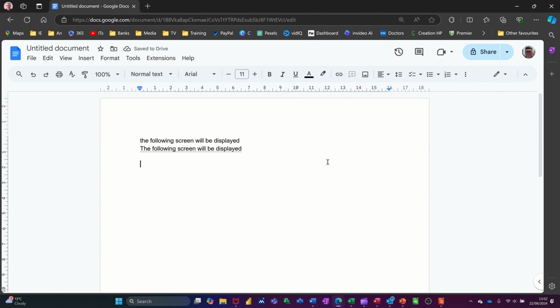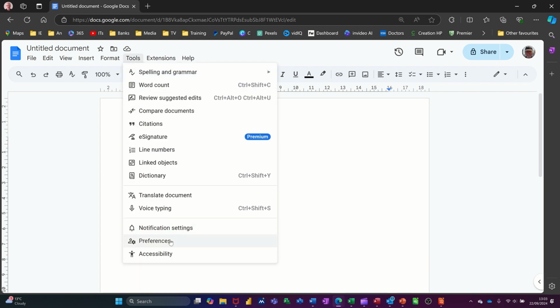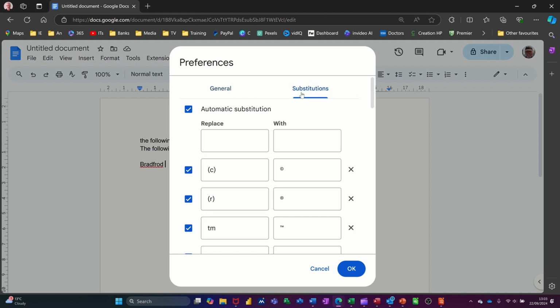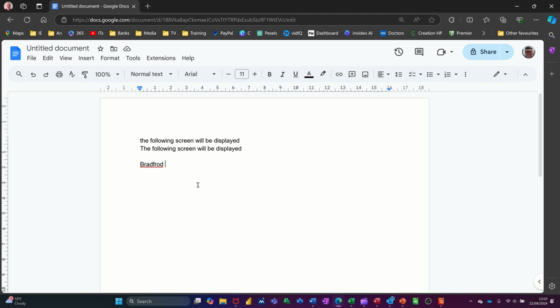You can also use it for typos that you generally do. So, for example, I quite often type this, Bradford, instead of Bradford. Now, I want that to be corrected. So if I go back into Tools, Preferences, Substitutions, so I type in the incorrect spelling, I'll do it with a capital letter, Bradford, to replace that with Bradford, like so. I click OK,